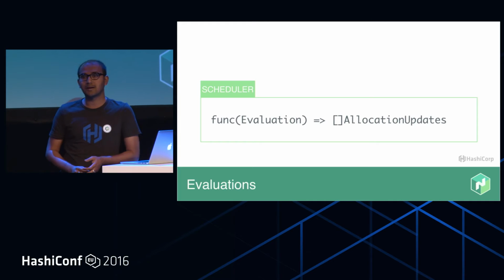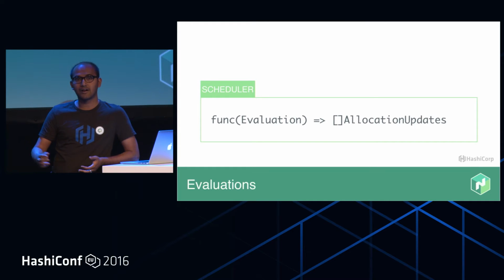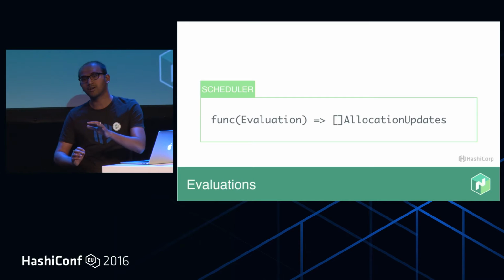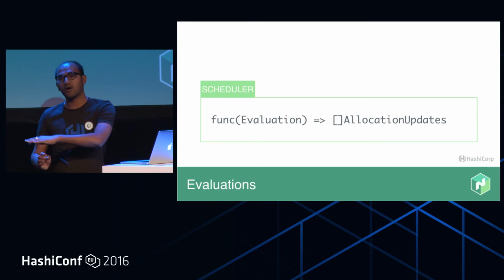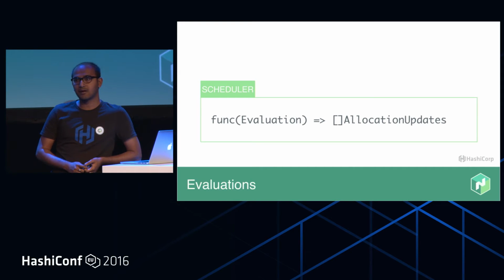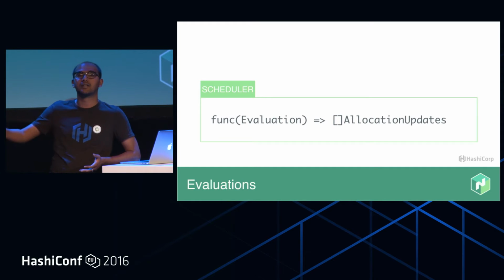Allocations are something that we have borrowed directly from other really high-scale schedulers. An allocation is the data model which embodies a running instance of your job on a node. So if you have a job which needs thousands of tasks, in the cluster you can expect to see 1,000 different allocations of your job running.